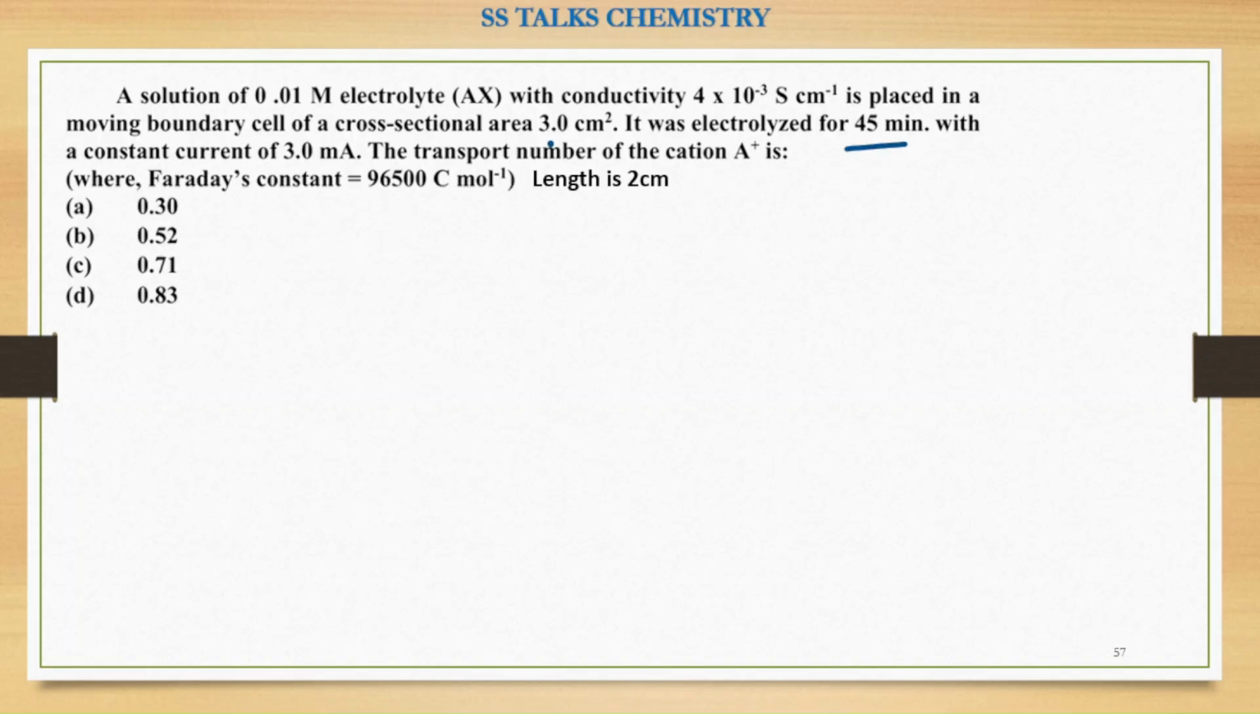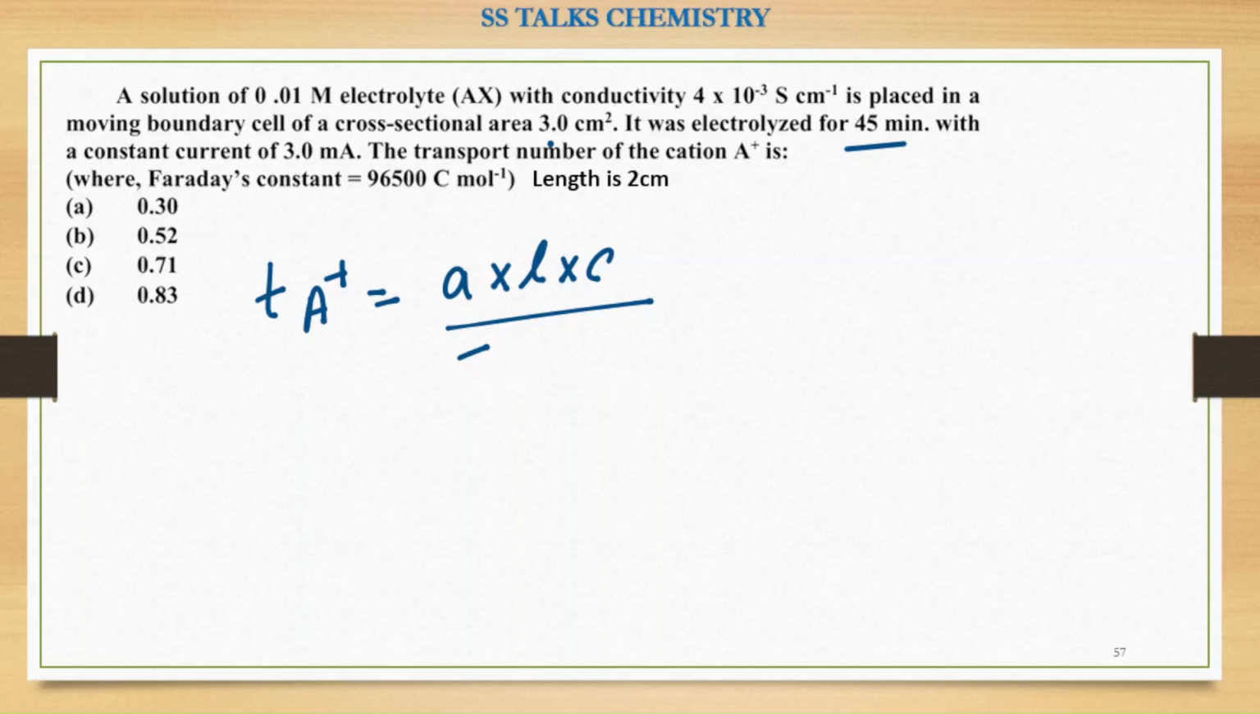It was electrolyzed for 45 minutes with the constant current of 3 milliamperes. What is the transport number? So we know that the transport number of the cationic species, that is A positive, is going to be area into the length into the concentration upon the Faraday's constant, that is